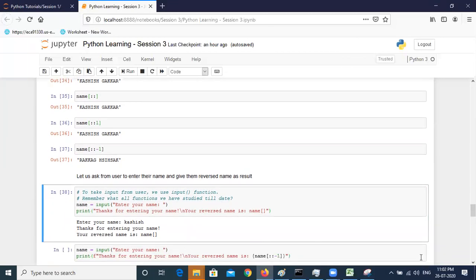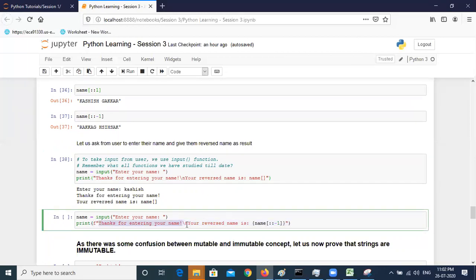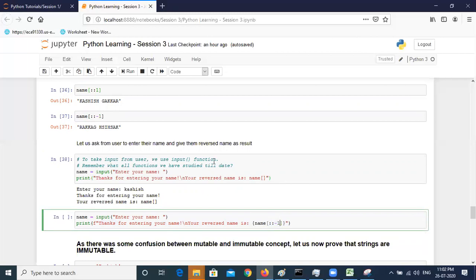So using F string, how will it look? Again, this is the statement. I've written F string, then the same statement that I've written, and to reverse a string, that was also missing. No one answered that. So to reverse a string, we have to write colon -1. This was the requirement, to give the reverse result. So by using this, we are reversing the name that was given by the user. And using these curly braces and F string, we are passing the value of this variable.